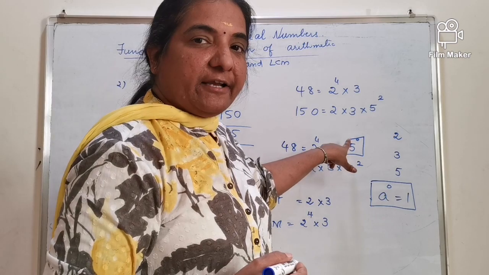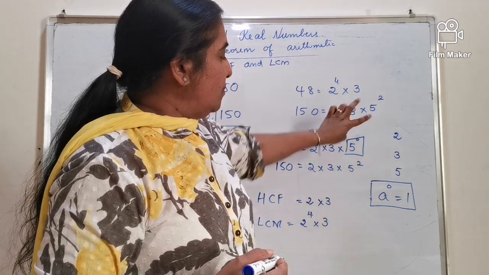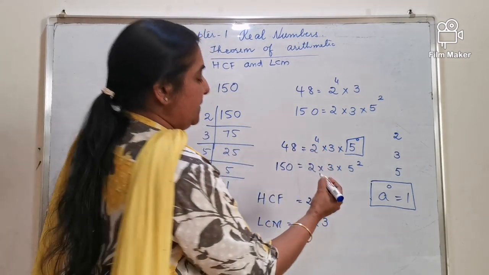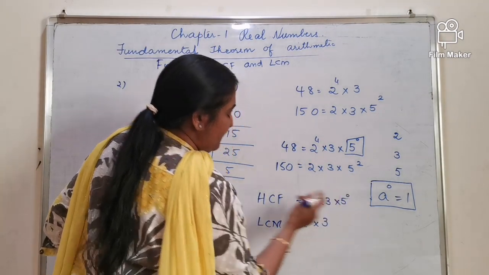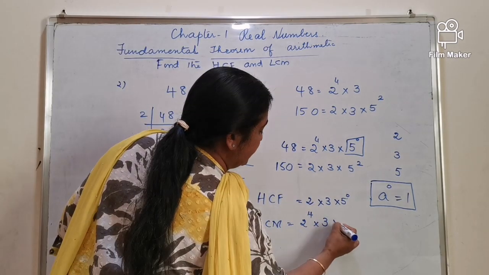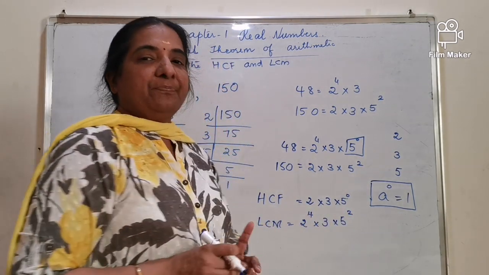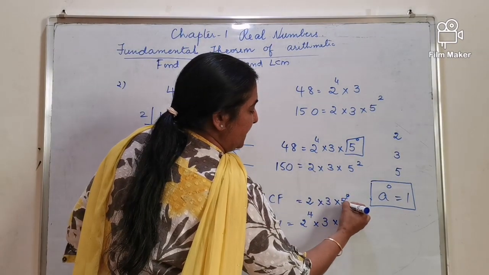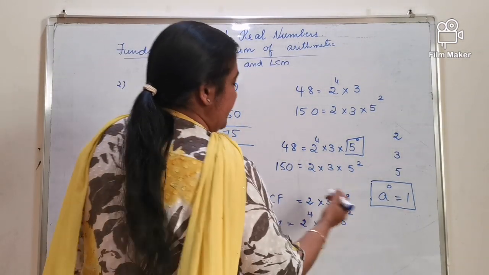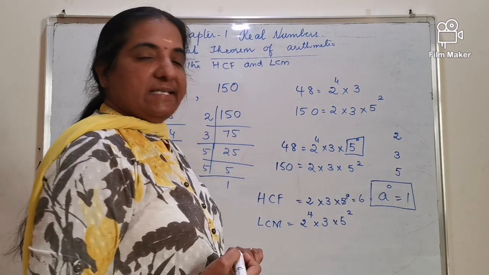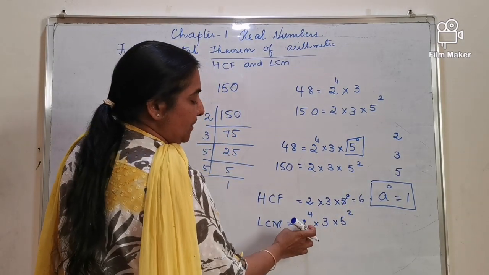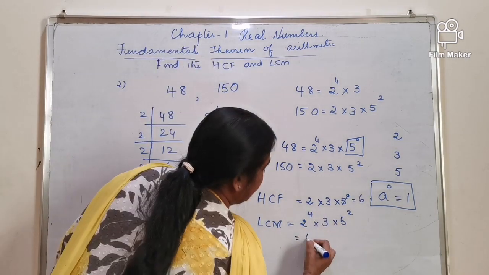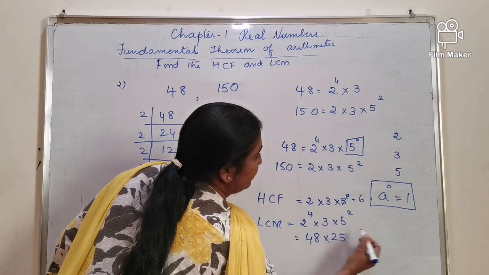Take the prime factor 5. 5 to the power of 0 and 5 to the power of 2. Which is the minimum here? The minimum is 5 to the power of 0, which will be taken for HCF, and 5 square will be taken for LCM. Now, the value of 5 to the power of 0 is 1. The HCF value is 6. And the LCM will be the product of 2 raised to 4, 16 into 3, 48, 48 into 25,